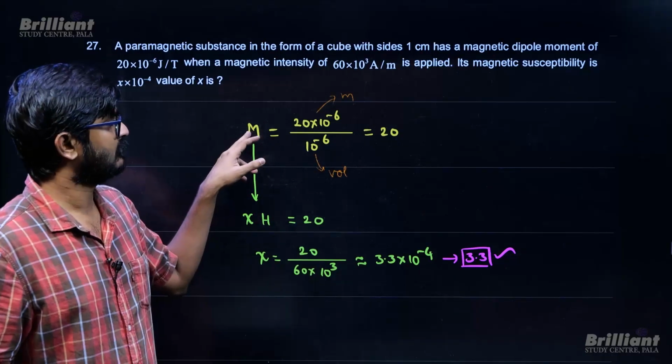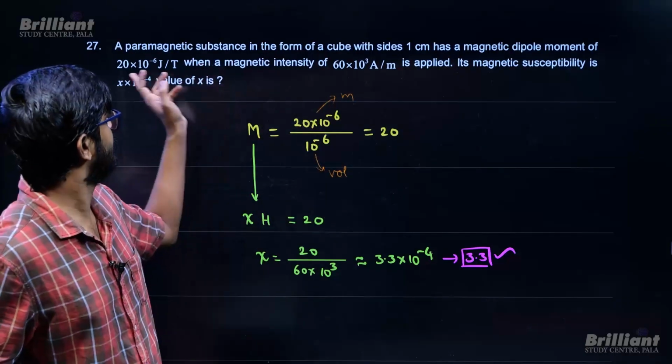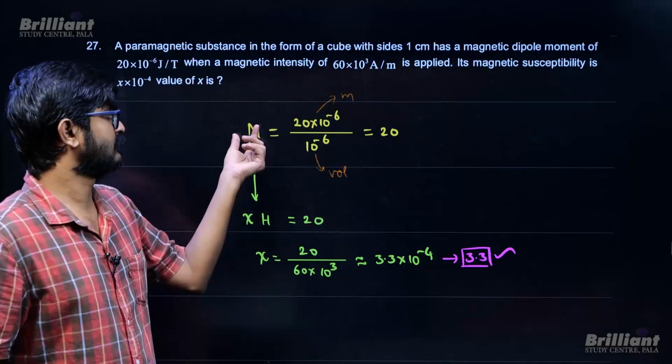Magnetization we can find. So magnetization is dipole moment by volume. The dipole moment is given in the question. Volume you can write in SI units. You will be getting 20. Now there is a relation between